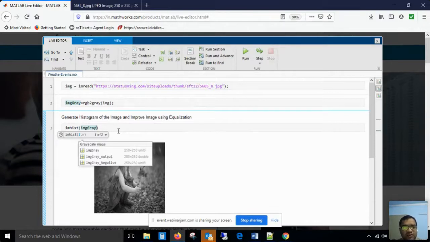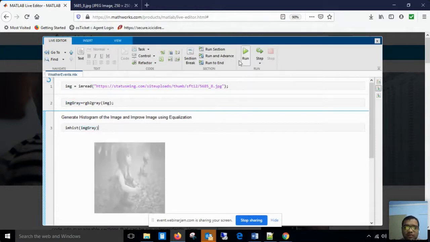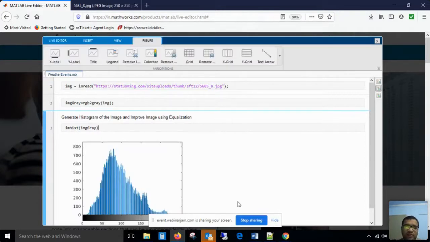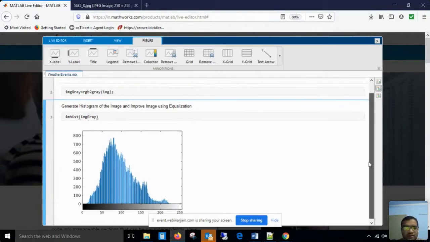Because imhist only works with a two-dimensional matrix. So img gray will be used, and see what is the output of this. Yes, this is the histogram of the image. So you can see now the number of bins is there. On the x-axis you can see the maximum value is 256. As I said earlier, the values are from 0 to 255, so a total of 256 values are there. On the vertical axis we have the count, that is nk. So let us say for any intensity, let us say 100, how many pixels are there, that is on the vertical axis. So in this manner the imhist function can generate the histogram for you quickly, right?